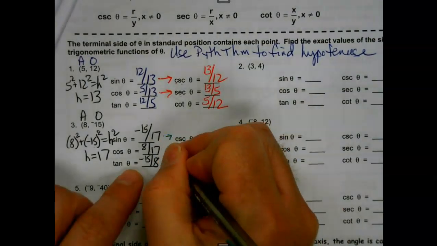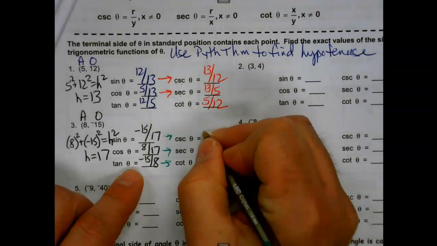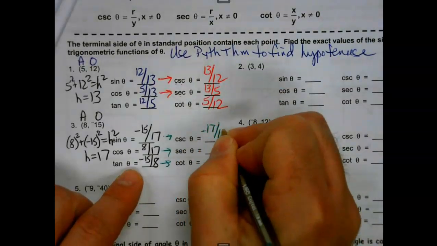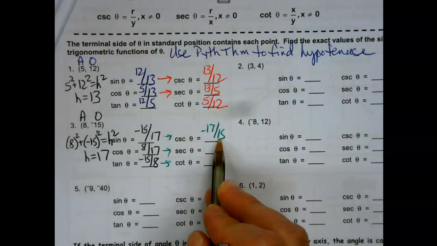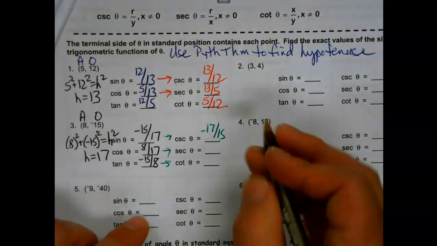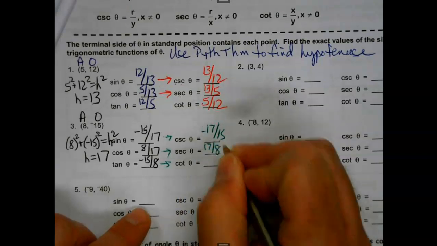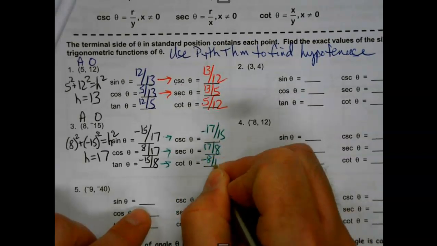Then all the flipping. And yeah, if you wanted to put the negative on the 15, just put that in the denominator, you could. But normally we just put negatives out front, which is why I did that. But if it's negative in one of these, it will be negative in its inverse as well. Positive is positive, negative is negative. So now,